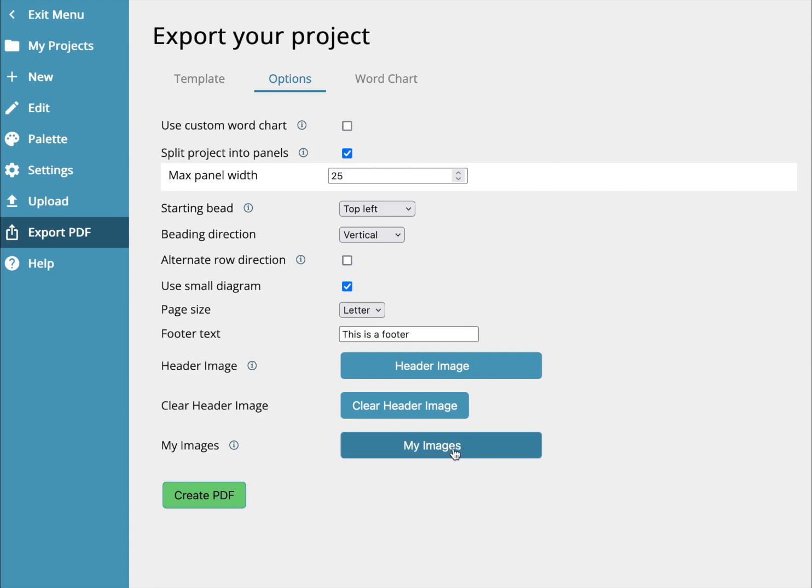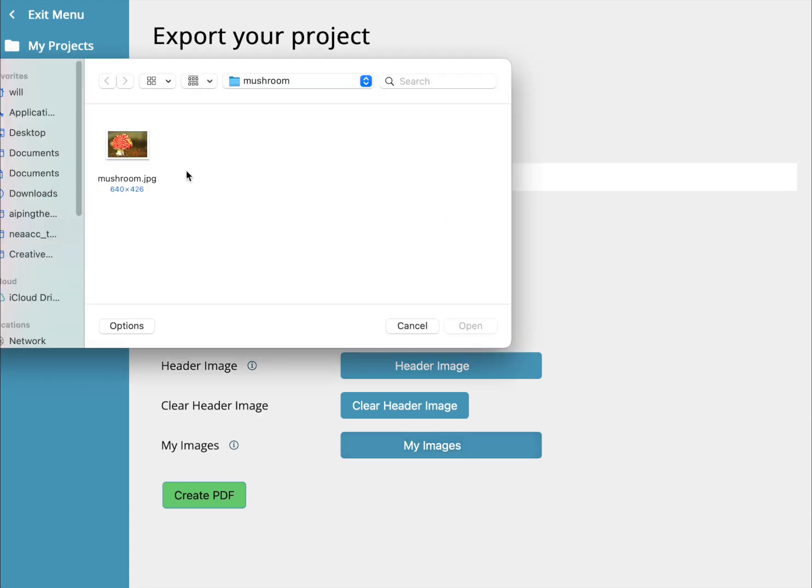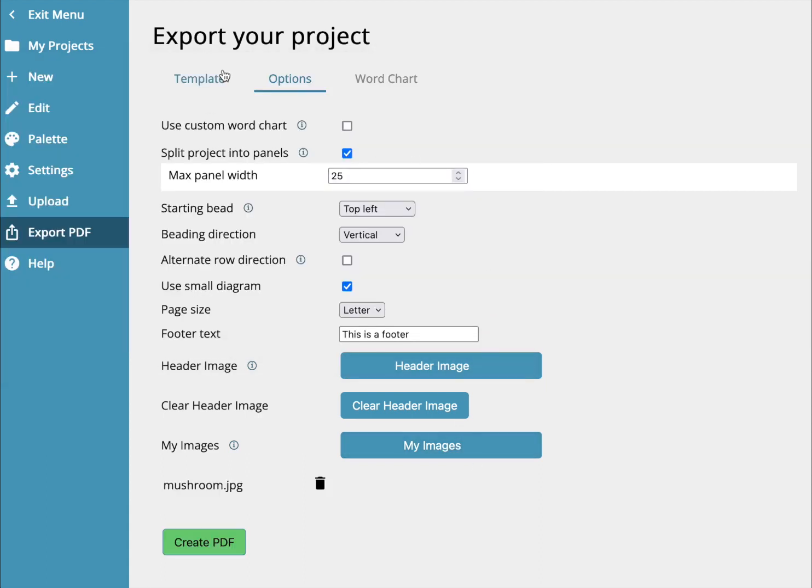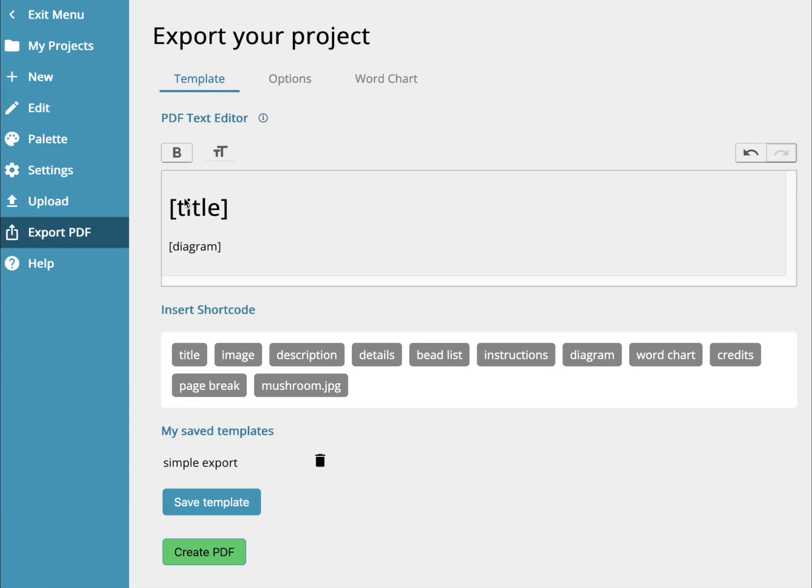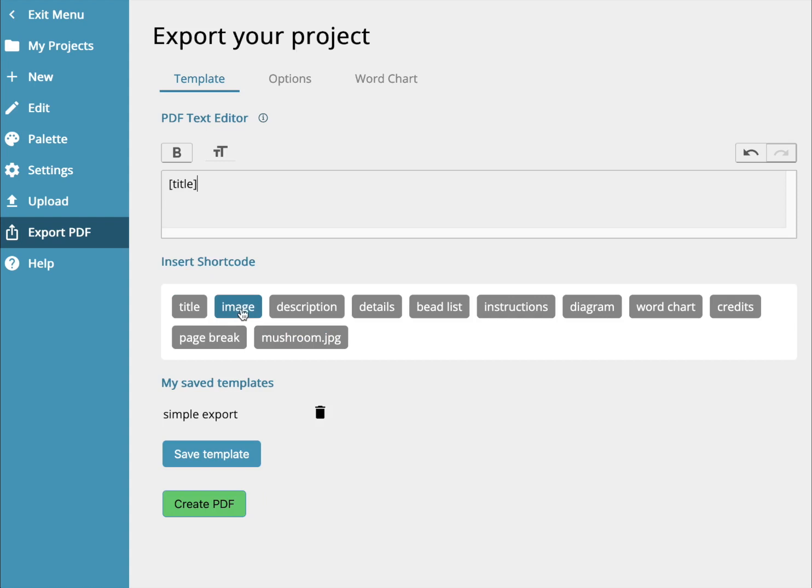Finally, you could add in some other custom images. So let's add in that mushroom again, and then we've currently just got title and diagram, but let's just say title, image, description, details, bead list. There we go, word chart. We've got all of our various things we need, but we're also going to put in this picture somewhere. Maybe that's important to us. Currently it's of a mushroom, which doesn't make much sense, but